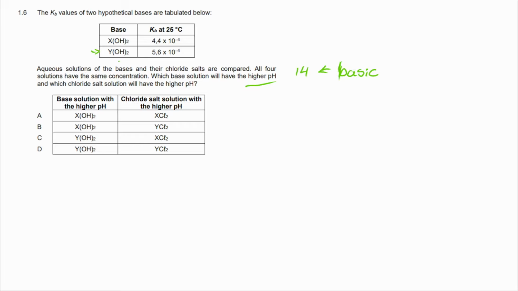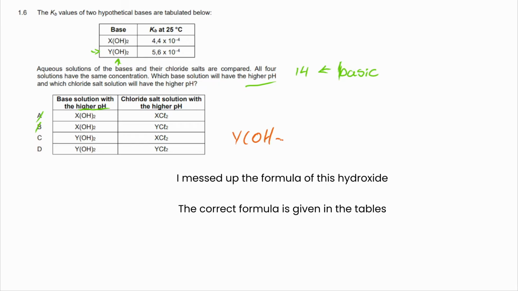So we know that Y hydroxide is a stronger base than X hydroxide. So we know that the solution of the higher pH has to be with Y. All right, so one of these. Okay, then they ask about the chloride salt with the higher pH. Okay, so this comes from hydrolysis of salts, which you have to know. Basically, what that's saying is, if we dissociate this Y hydroxide, okay, we